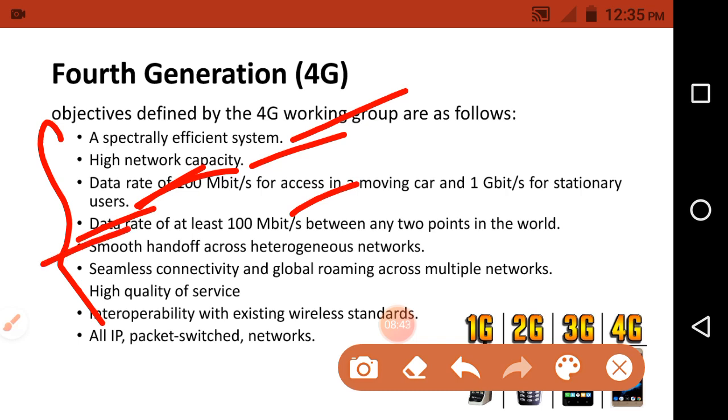Smooth handoff and roaming can be achieved through 4G technology. You also get high quality service: voice quality will be good and internet speed will be good. Next, it will support multiple wireless standards, and it will support the packet switching network for wireless communication, where resources are allocated based on demand. So these are the objectives of the fourth generation.